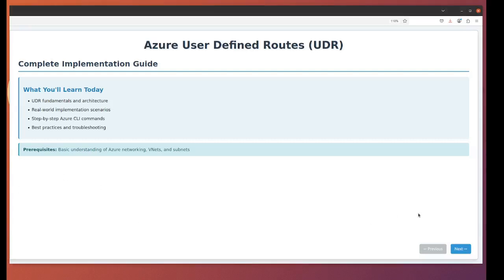Welcome to our comprehensive guide on Azure User-Defined Routes. I'm excited to walk you through one of Azure's most powerful networking features. Think of UDR as your traffic director in the cloud. Just like a traffic controller at a busy intersection, UDR gives you complete control over where your network traffic goes